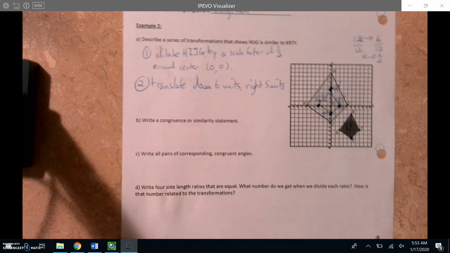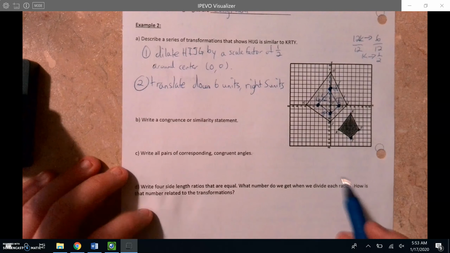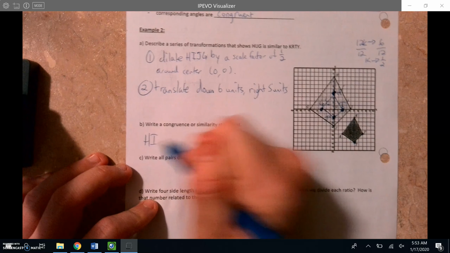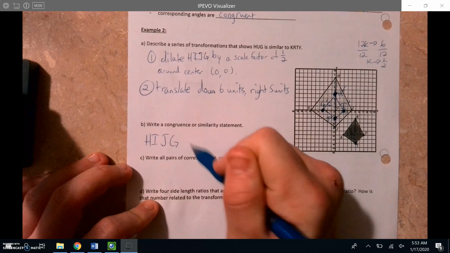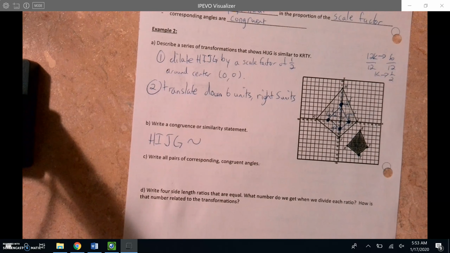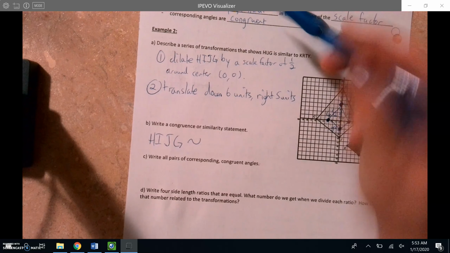Next, we need to write a congruence or similarity statement. So HIJ is how we decided to name it at the beginning. It's going to be similar because we know that we had to change the size of it to get it to match up, but they still have the same angles. And it was proportionally